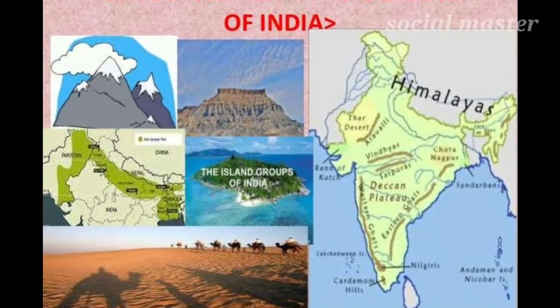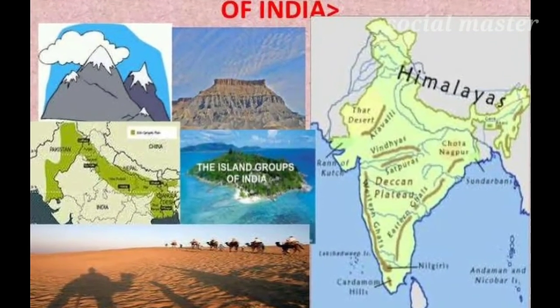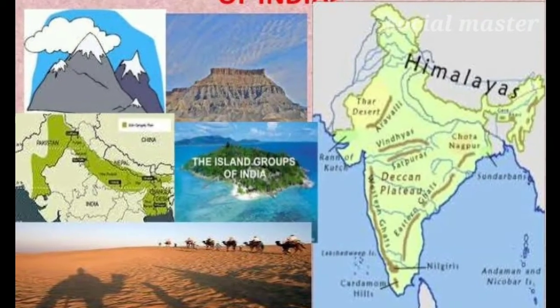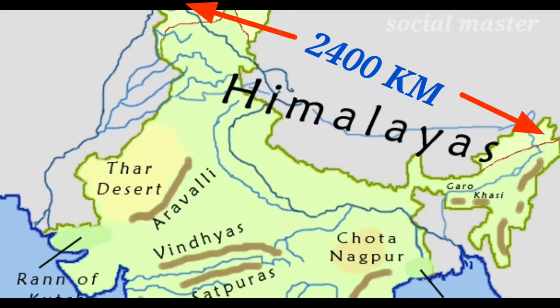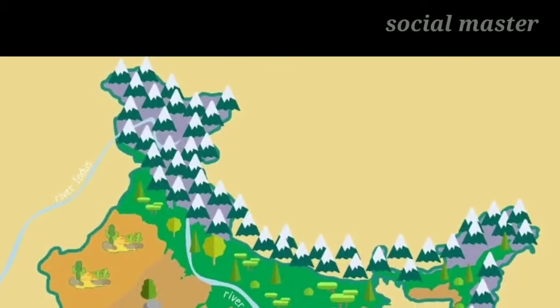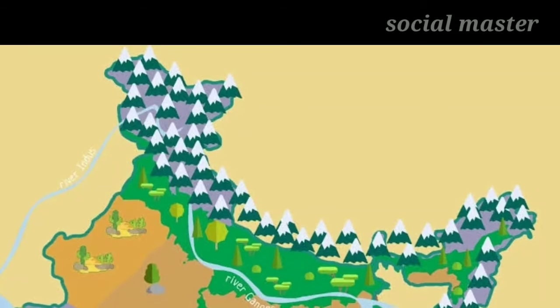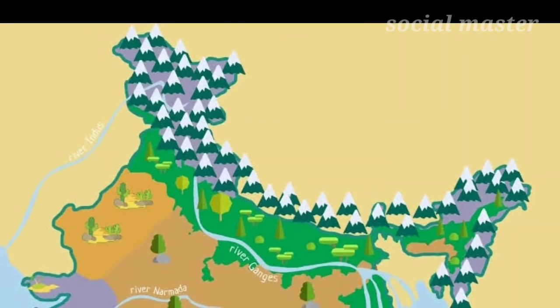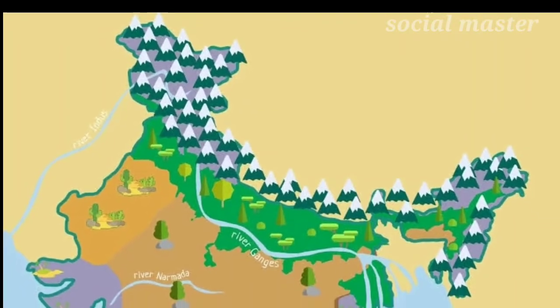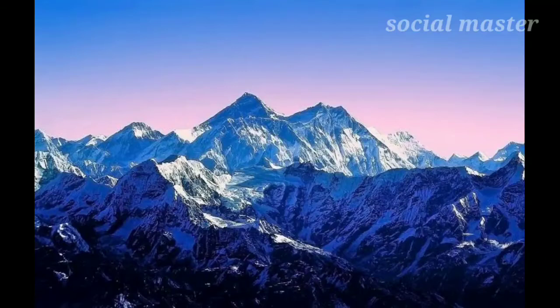The Himalayan ranges run from west to east in the form of an arc. The distance from west to east is about 2400 kilometers, and the width of the Himalayas is different in different directions. In the western regions it is about 500 kilometers wide. In the central and eastern regions it is about 200 kilometers. So it is broader in the western region. There are also altitudinal variations across the regions.